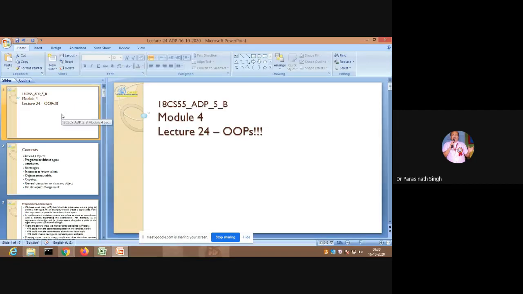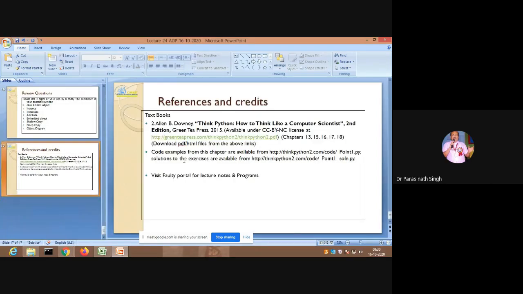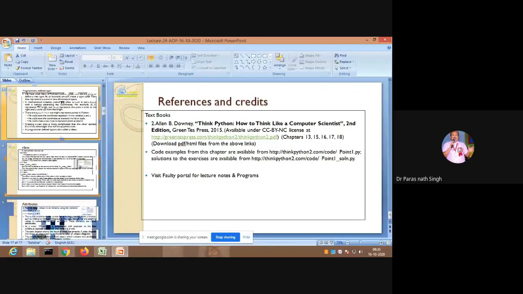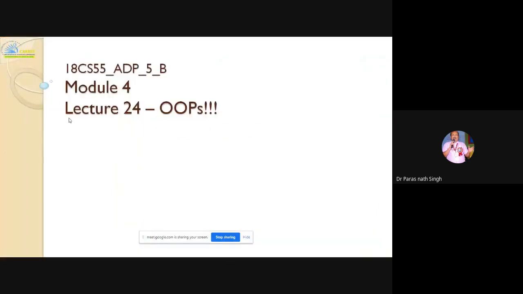So it is given here, and I have written at the last, second textbook, Think Python, how to think like a computer scientist. And here the book link is also given. I have also downloaded it. You can also download it because they have referred only these 5 chapters for classes and objects from the second textbook. I will also be uploading the second textbook in the GCR. You have already done C++ and Java and Python, object-oriented programming, and it is an easier module and will be concluded faster.